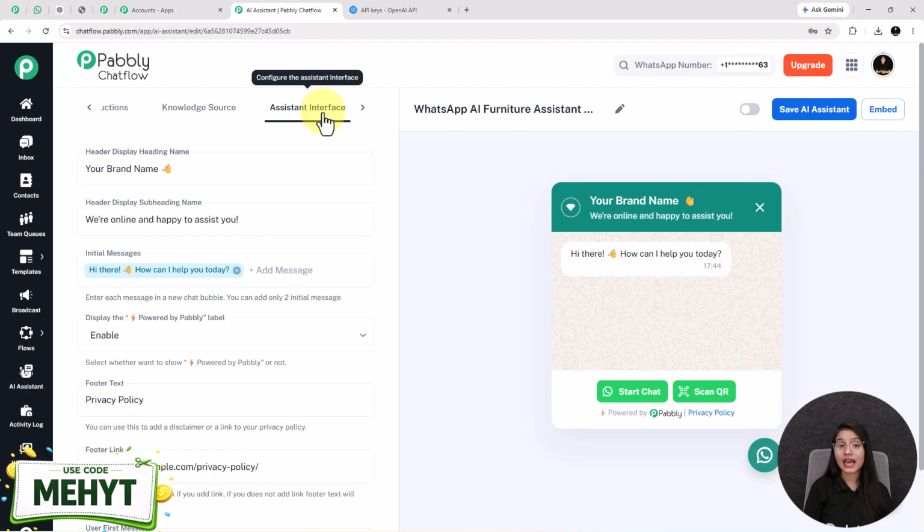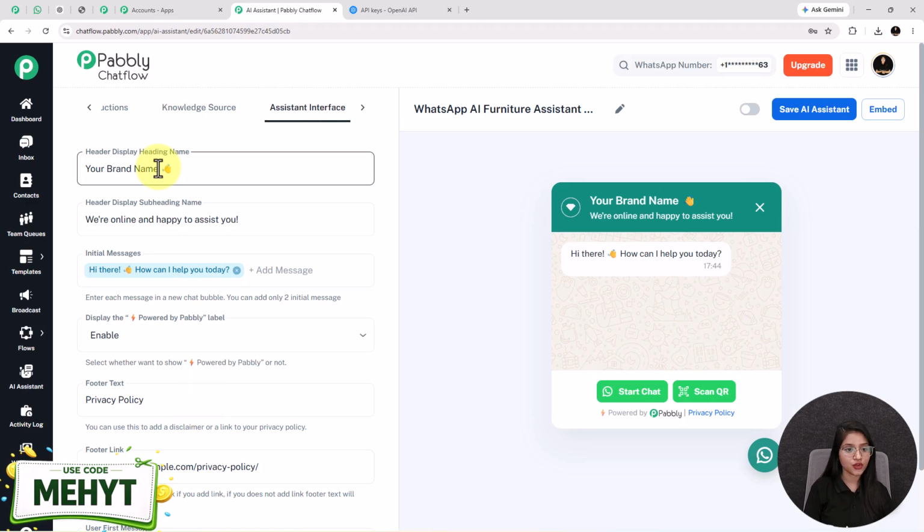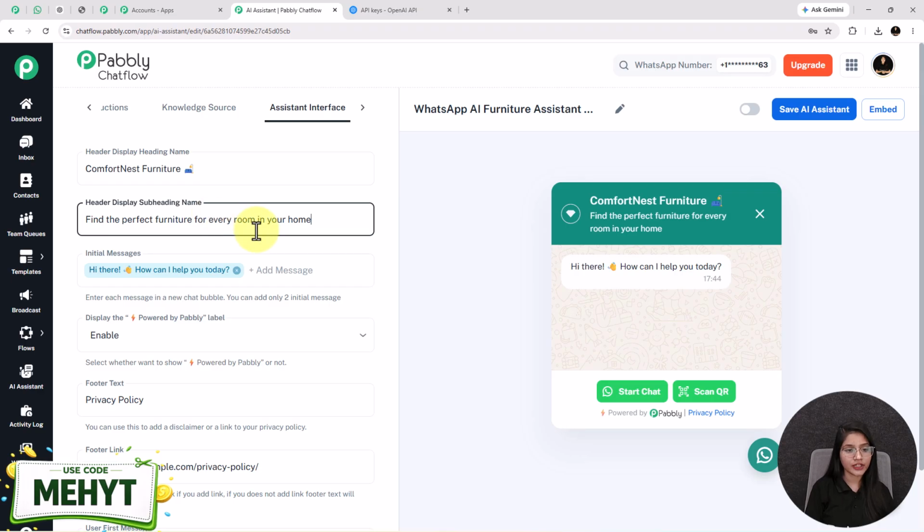Here you can give design to your AI assistant by making changes in each of these fields. At first I am entering the heading as Comfortness Furniture. As you can see, as soon as I make any changes in this field, it will automatically change here too. So basically this is the final look of the assistant that is going to be visible in front of your customer. After that, for the subheading, I am replacing it with "Find the perfect furniture for every room in your home", and the initial message is